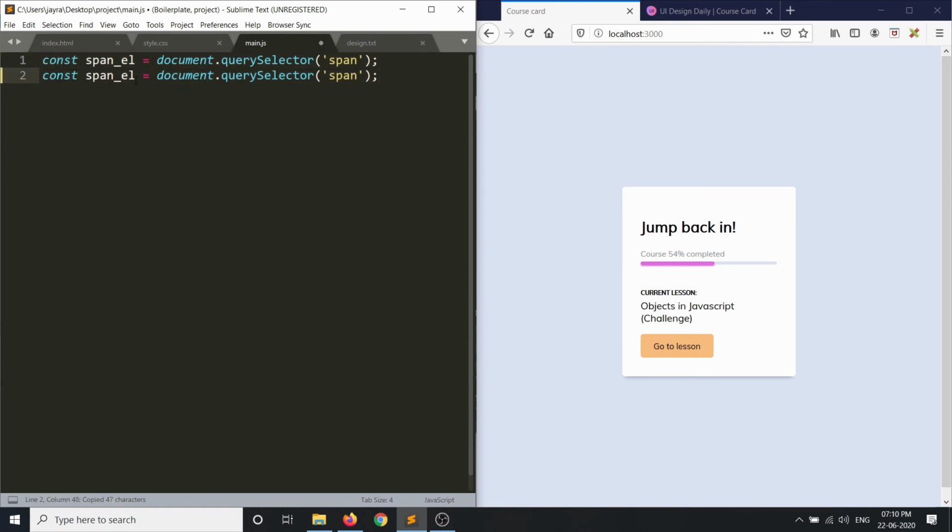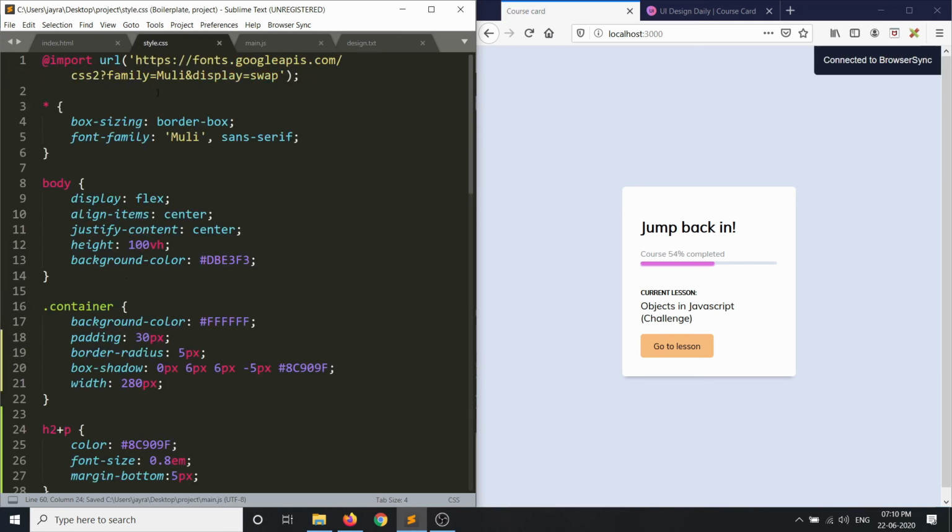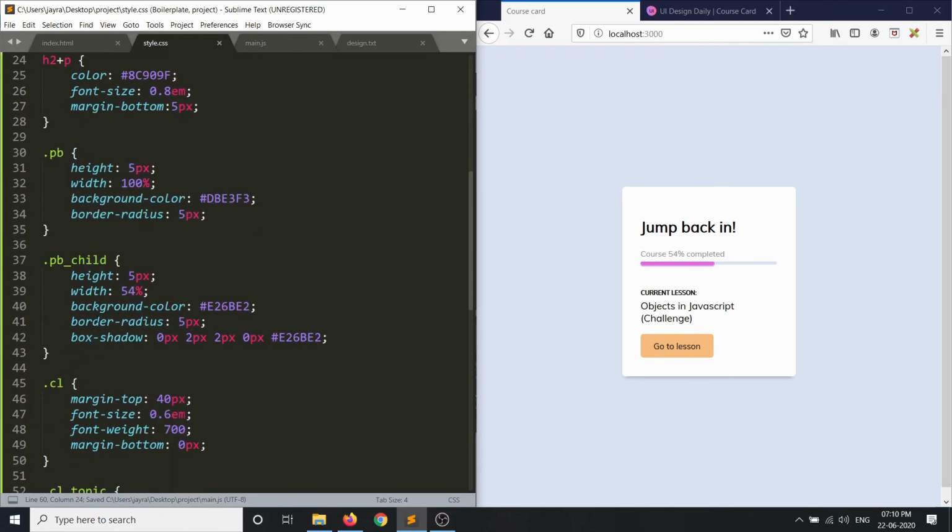We'll say progress bar child element, and here we'll say dot pb child. Correct? That's the class that we had styled for the inner part of the progress bar, right?